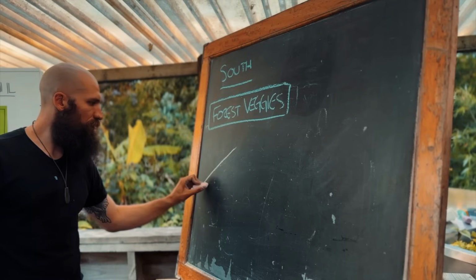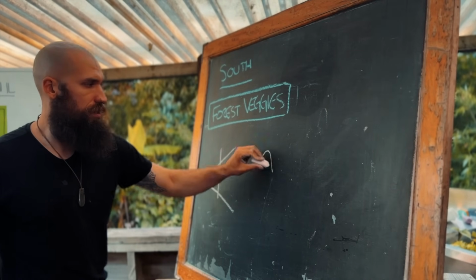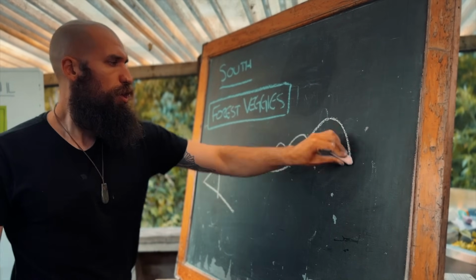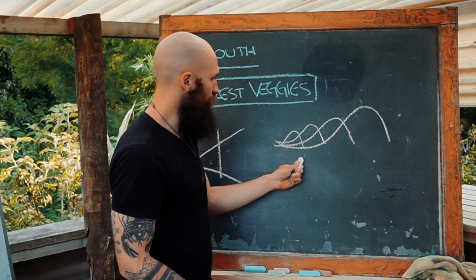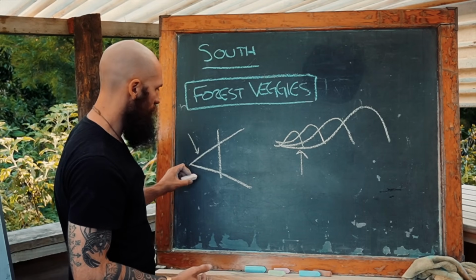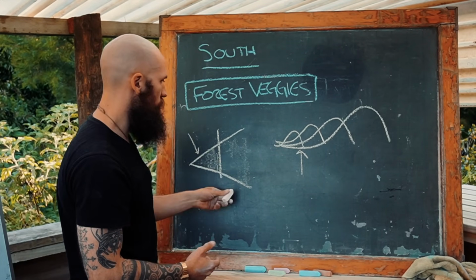Forest vegetables. Vegetables are an early succession species. A lot of us are familiar with this successional diagram with short-lived species and long-lived species. And an annual vegetable is a short life cycle species. It's the start of succession at this area, which this half is the accumulation stage and this part is the